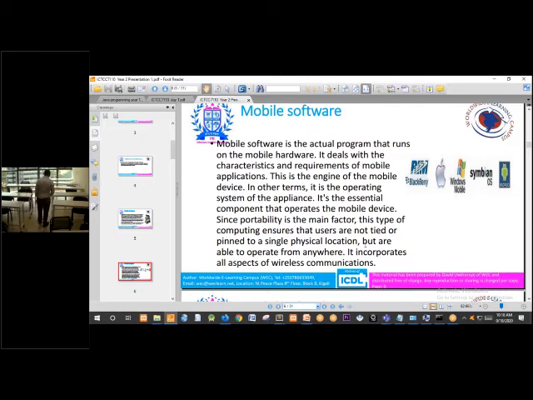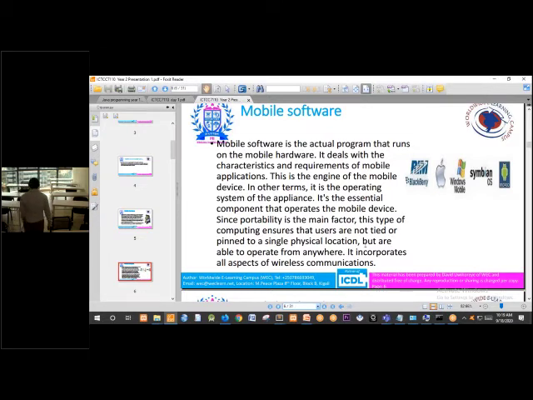So you see that they are able to operate from anywhere. It incorporates all aspects of wireless communication.